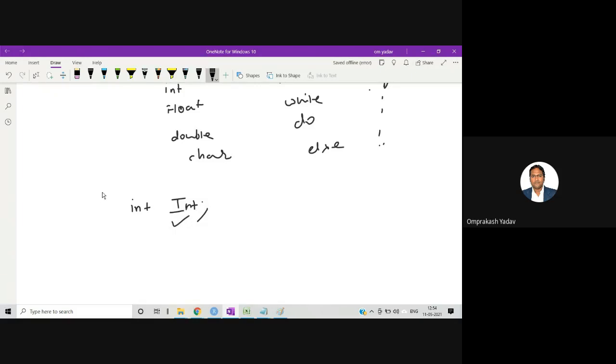I told you that C language is a case sensitive language. Even if one case changes here and there, it has a different meaning. So this is a keyword, but this is not a keyword. If we declare a variable like this, it's allowed. It's not a wrong statement.